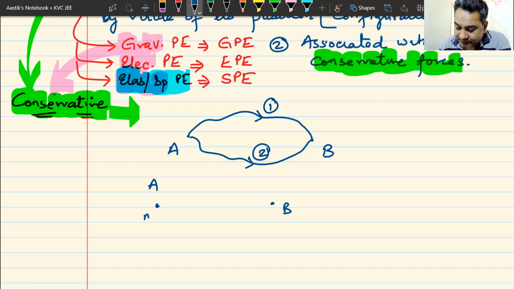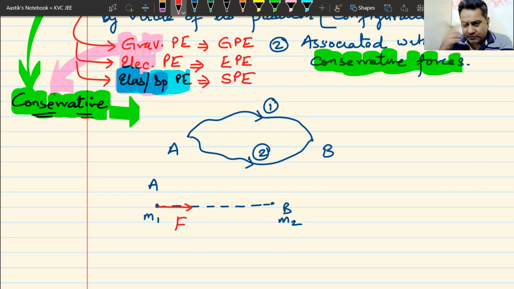Body A has mass m1. Body B has mass m2. Now, we know that both these bodies will be attracting each other. So I'll join them by a straight line. Both these bodies are going to attract each other. This force F is the force applied by body B on body A. This force, equal in magnitude, opposite in direction, is the force applied by A on B. Magnitude is the same, action-reaction forces, directions are different. We all know this much about gravity.